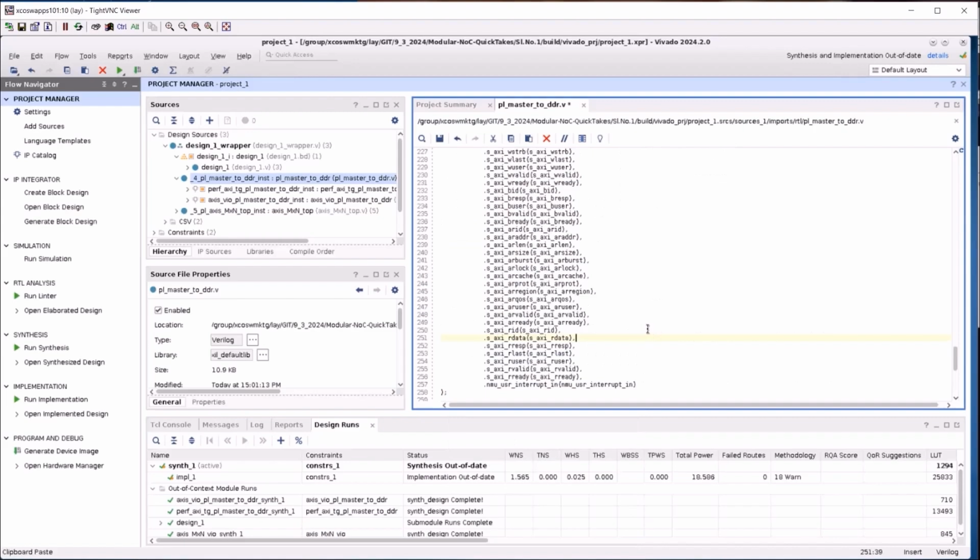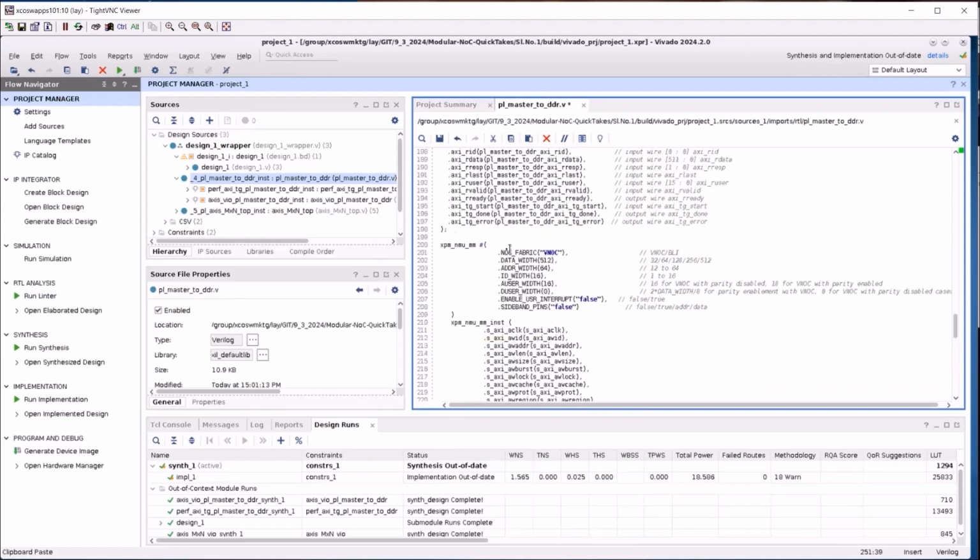Let's start with the parameters. These are all documented in the user guide, but the first is the NoC fabric. This is either VNOC or BLI. Data width should match your AXI data width. I'm going to modify this to take my RTL parameter.